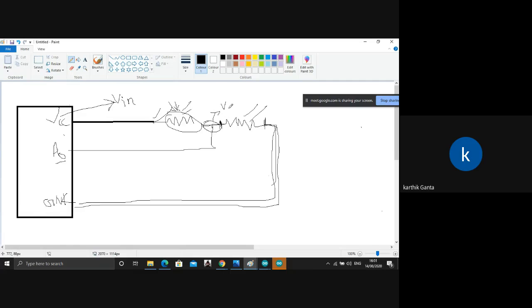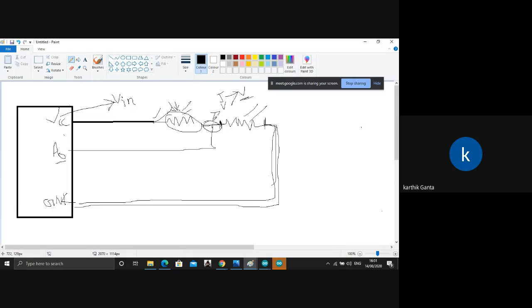Why are we interested in doing this? Because if we do it directly, it will give us a variable current, but our NodeMCU or Arduino cannot read different currents. It works on voltages, different voltage levels. So we need to convert those current levels to voltage levels. I mean, when we vary the resistance, the voltage level should change. So we'll use this voltage divider bias. Basically, this is known as a voltage divider. This we get in our subject called network theory.